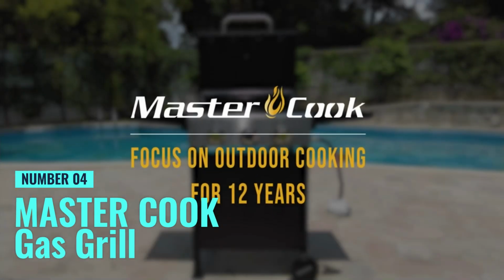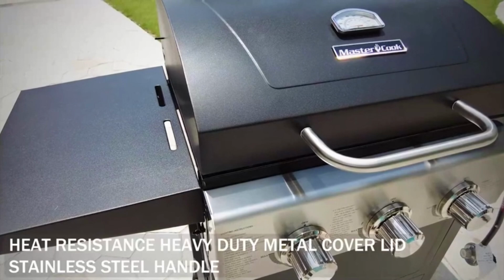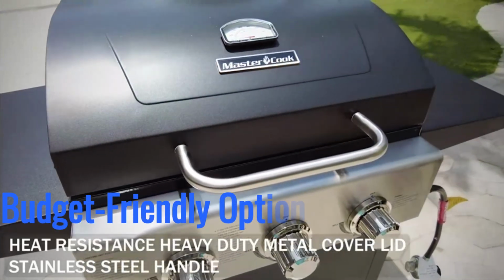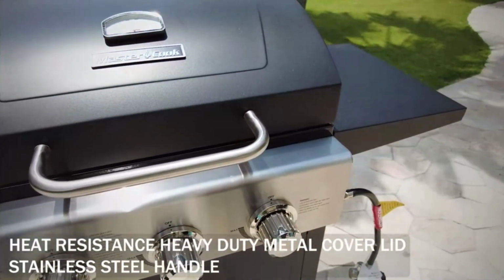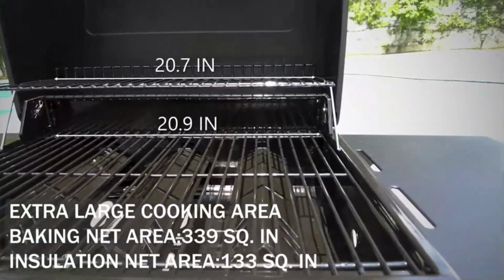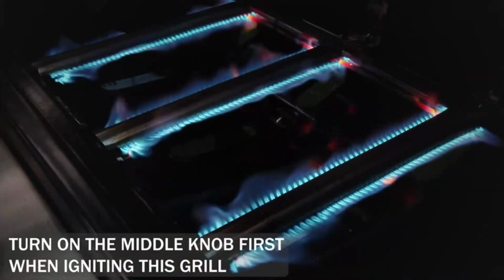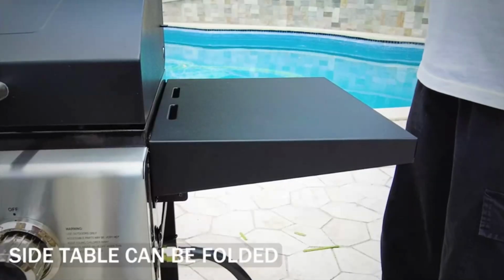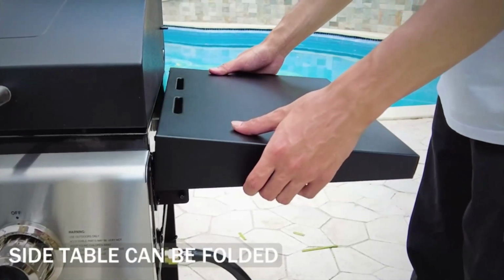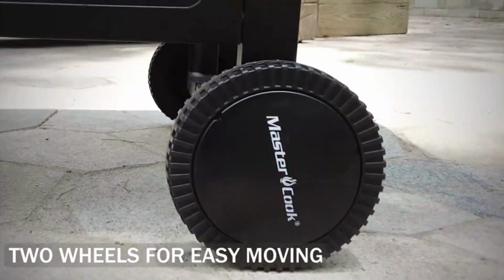Number 4. Master Cook Gas Grill. This gas grill offers exceptional value for those looking for a budget-friendly option without sacrificing quality. This grill features 3 stainless steel burners that produce 30,000 BTUs of heat, controlled by a piezoelectric ignition system for easy startup. With a cooking area of 471.8 square inches, including 339 square inches of cooking space and 132.8 square